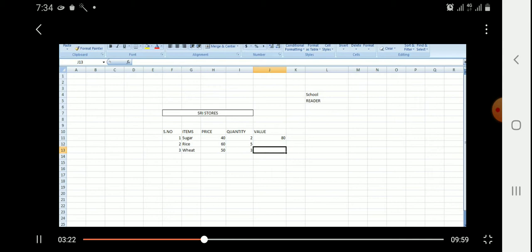Now see, actually we have to calculate the second row value. Now you see, the cursor is there, but we have to first calculate the second row value. I have chosen the third row wrongly. Now I will place the cursor there, so that cell will be activated.